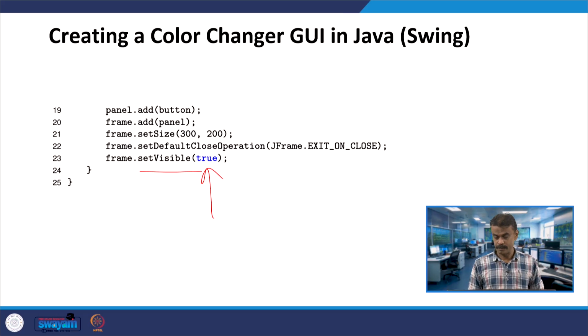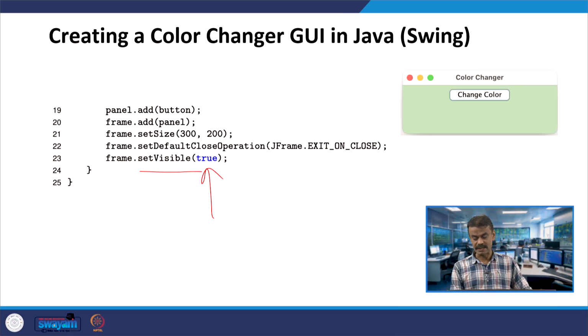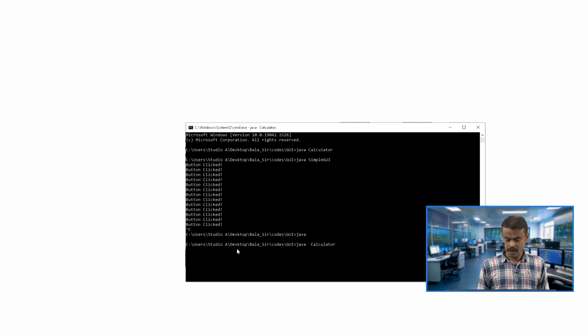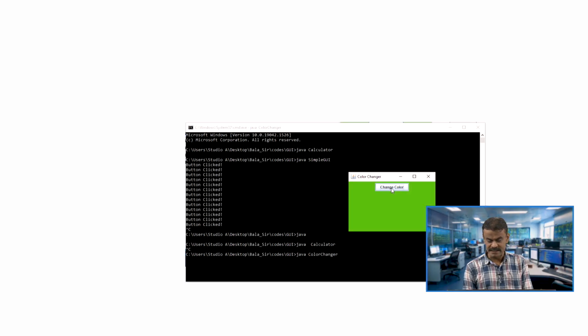Suppose if I run the code, I will get the output. So, this is the color, randomly generated color, and then when I keep on clicking this change color that we are going to test, the color will be changing. So, this interesting program we will see in the Java compiler. So, we will go to Java compiler and we will run the code and you can see the change of the colors. So, I am running Java. So, here if I click change color, first initially color. So, you are getting green now, now you are seeing another, pink. So, the color is changing.